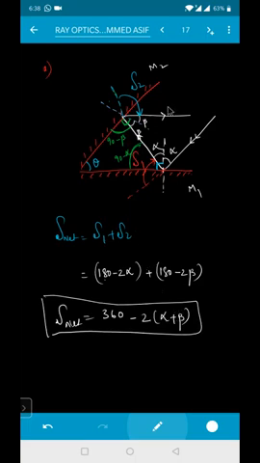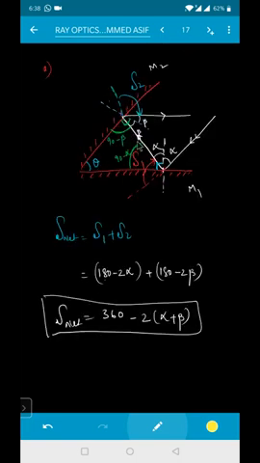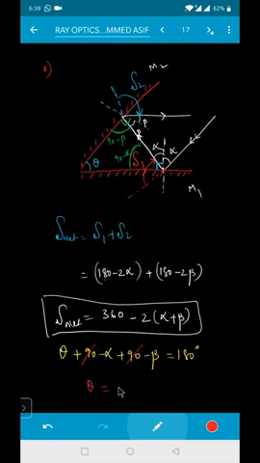Now see from the figure, how can I write alpha plus beta? Be a little bit careful now. In this total triangle, we have alpha and beta. This total angle must be equal to how much, beta? 180 degrees. So can I write it like this: theta plus (90 minus alpha) plus (90 minus beta) must be equal to 180 degrees? Yes, sir. So this 90 and this 180 will get cancelled, so theta will be equal to alpha plus beta.